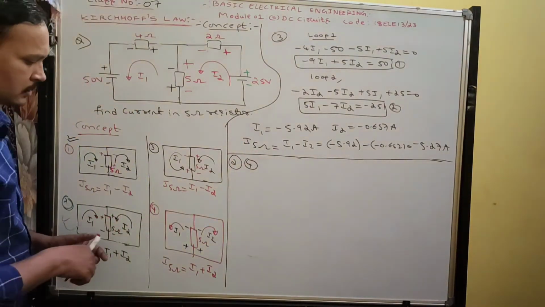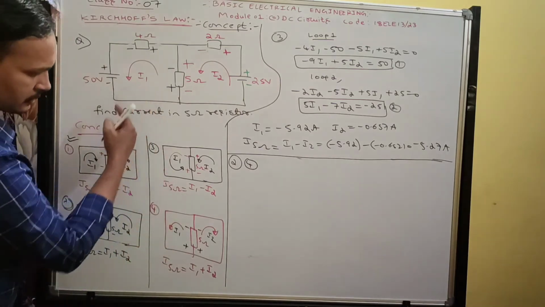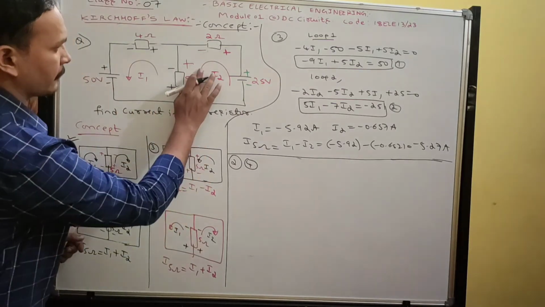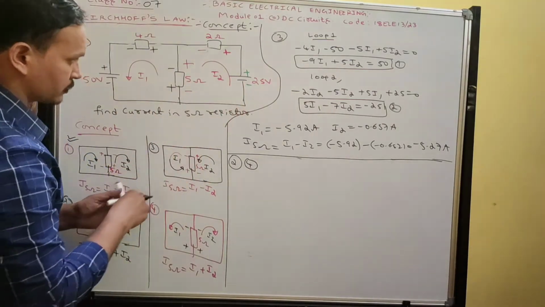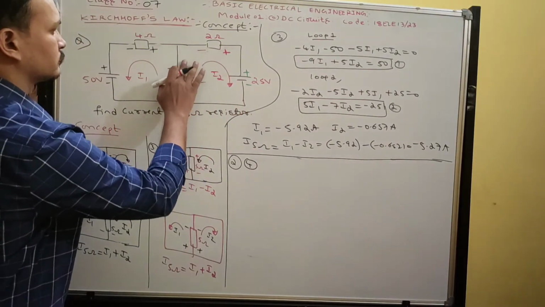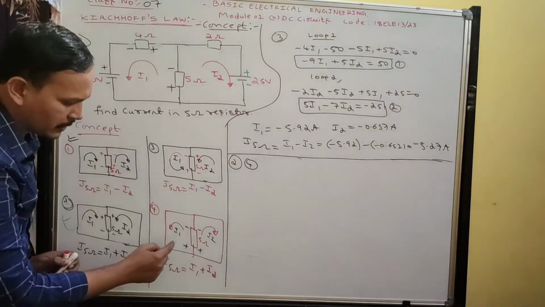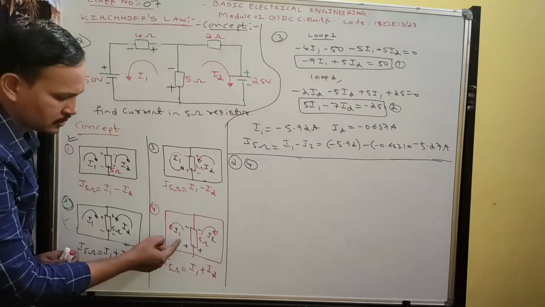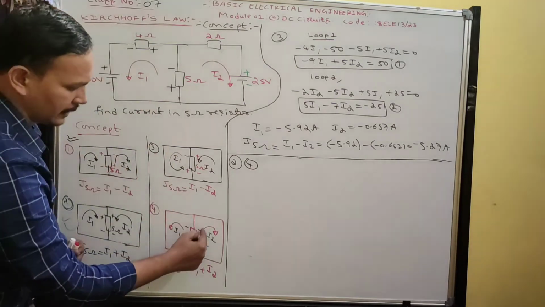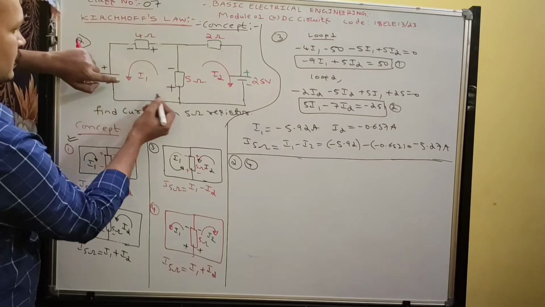Okay, fourth case. Okay, clockwise direction. Yes, I1 direction is correct. What about I2? That side. Okay, so this is the I2 direction. Look at here, now I am solving this direction. I1, yes, it is correct, and I2, this one. Now mark the sign convention. Current is entering plus, leaving minus, plus minus.